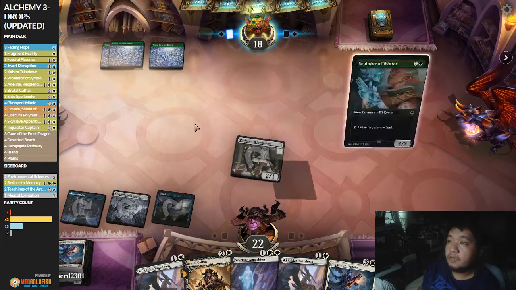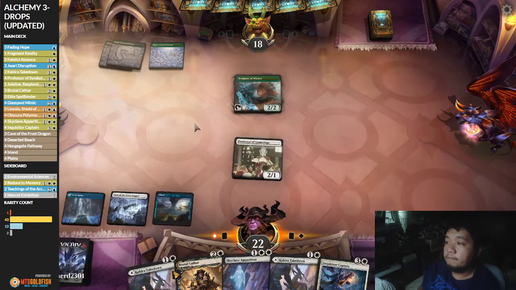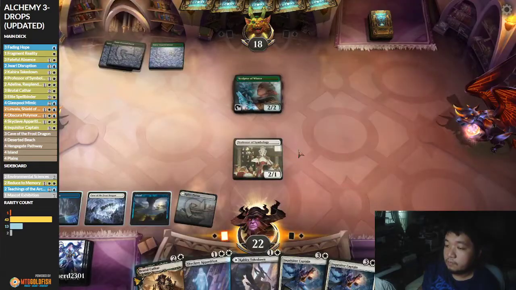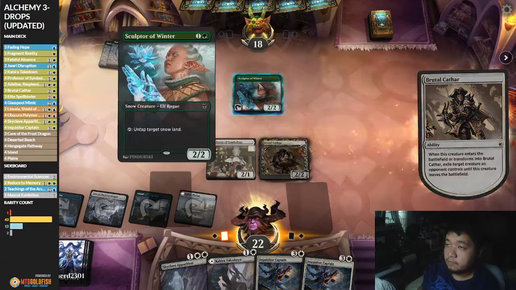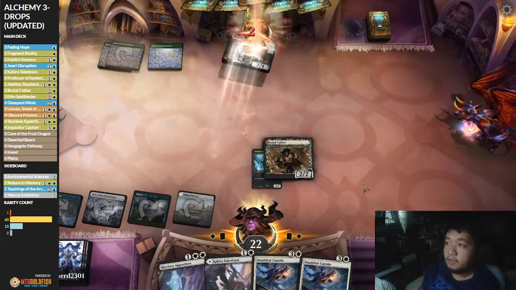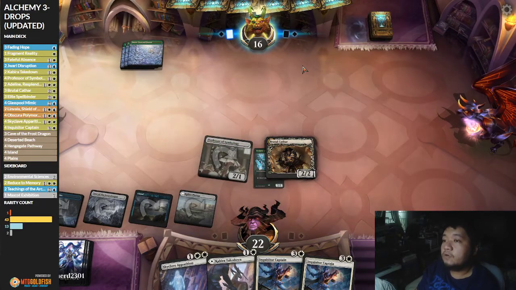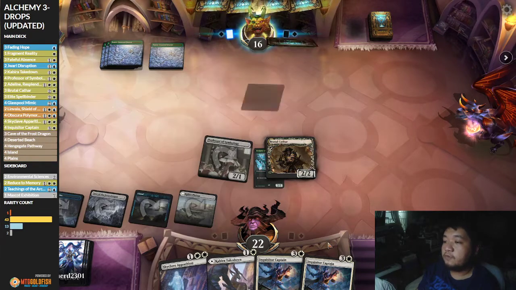I'm assuming our opponent has a... No, does not necessarily have a 3-drop. Oh, they don't even have the protection spell. Okay, not bad, not bad. So we're expecting a huge 4-drop, which might be a concern for not being...